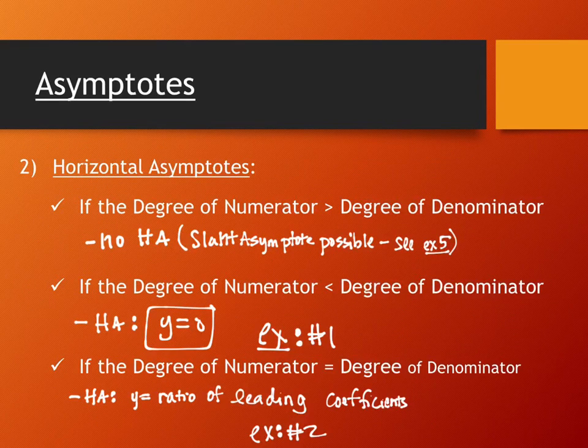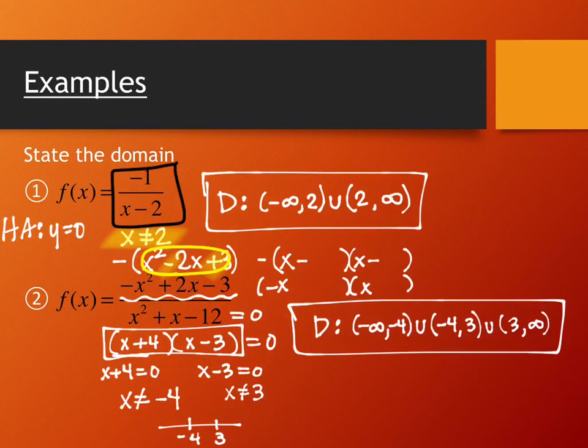So over here, if we were identifying it, it's always in this category that the horizontal asymptote is y equals 0. Example number 1 did that. Example number 2, in fact, has the x squared on top and the x squared on bottom as their highest degrees, right? And the coefficients in front of them are what we care about. So the number in front of the x squareds, on the numerator, it's a -1, and on the denominator, it's a 1, right? So what happens is that my horizontal asymptote is y equals -1/1, or